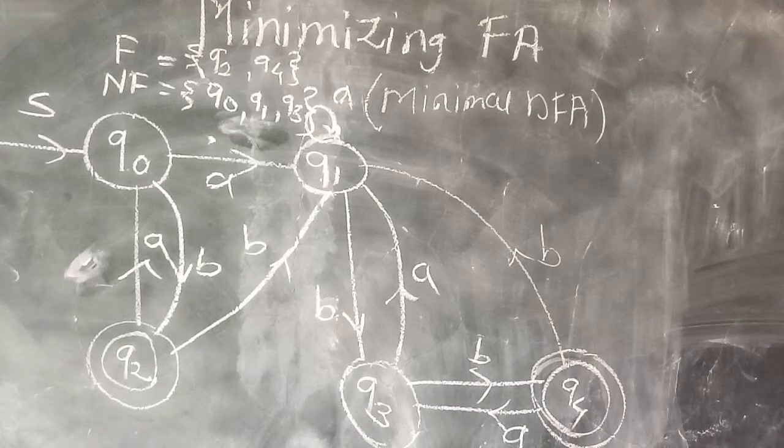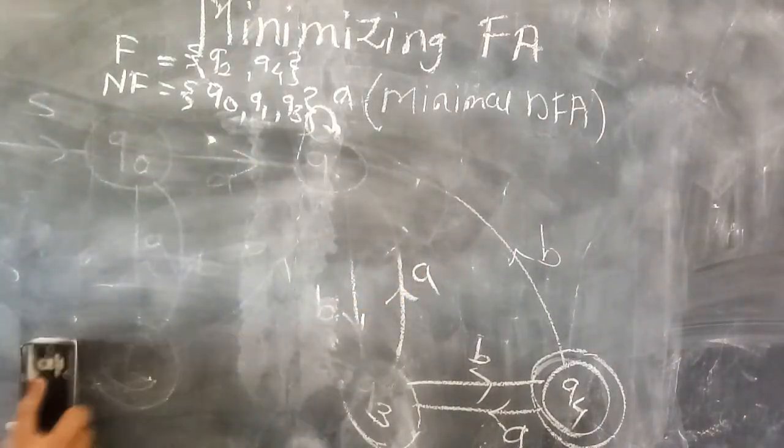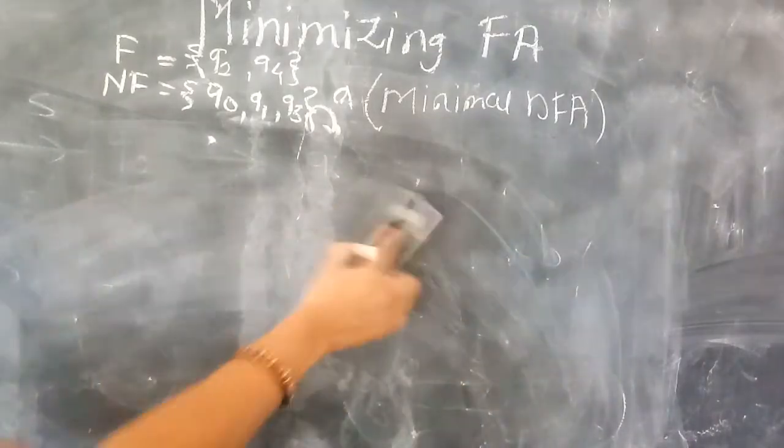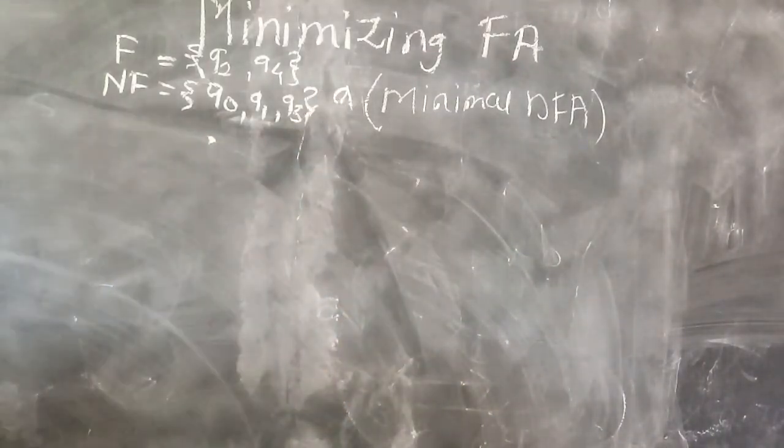Now, to solve the minimization of a DFA, you have to find the distances d0, d1, d2 and so on among the different states of this DFA. For that, we will first find the distance d0 between these states. How to find the distance d0? You have to map every non-final state with the final states. I will explain in detail how to actually perform it.